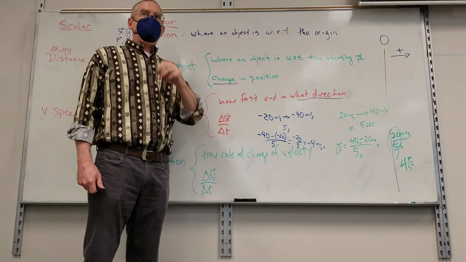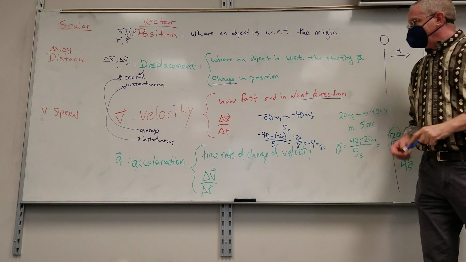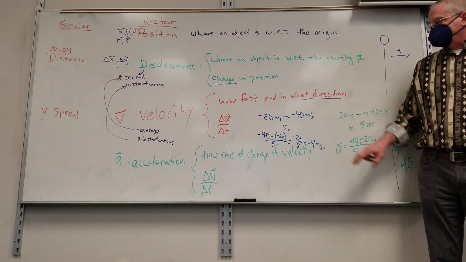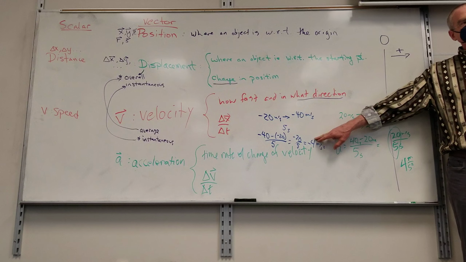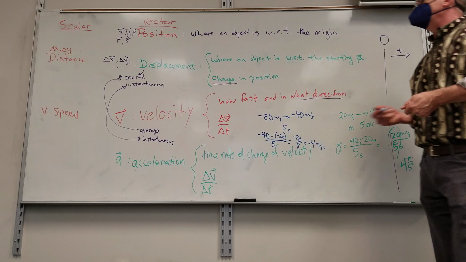What I'm hoping you will pull out of this is that positive acceleration doesn't always mean speeding up. Negative acceleration doesn't always mean slowing down. That's probably the biggest mistake students make. The sign of acceleration is a directional thing. Also notice that when I sped up in the negative direction, my acceleration was negative. When I sped up in the positive direction, my acceleration was positive. That will hold true.